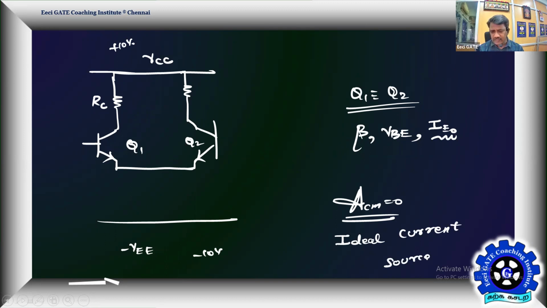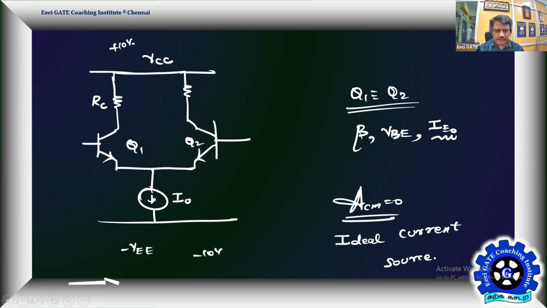That's very indirect. So you should not connect a resistor here. That's one kind of design, and that is not going to make CMRR infinity. That is not going to make ACM 0. Therefore, he said it indirectly, and we need to perceive it that way. So read the designer's mind. Yes, that's your current I naught, that is a current source. That is the one responsible to make the CMRR infinity by making ACM equal to 0.